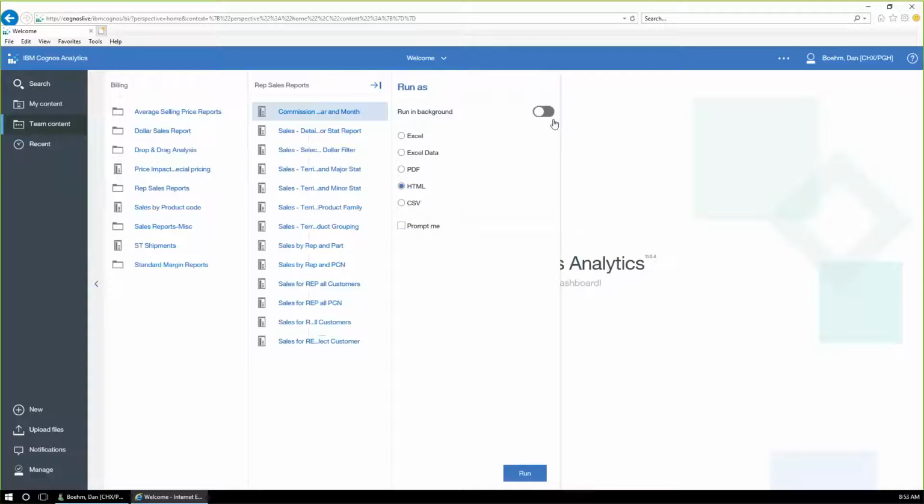Now, I mentioned earlier, but it's worth mentioning now, that Excel data will only succeed if the report you're running consists of a list type output. This commissions report that we just ran is actually a crosstab type output. If we were to choose Excel data to run this in, it will fail. We'll get an error because it's not a compatible format for that output. Excel and PDF will work. Excel data will not. I'm going to go ahead and choose PDF here